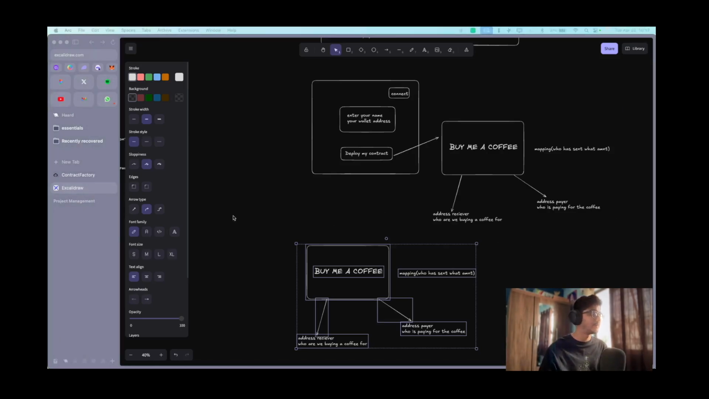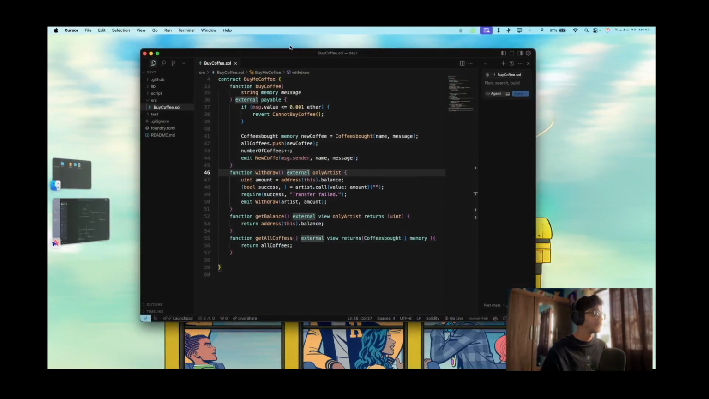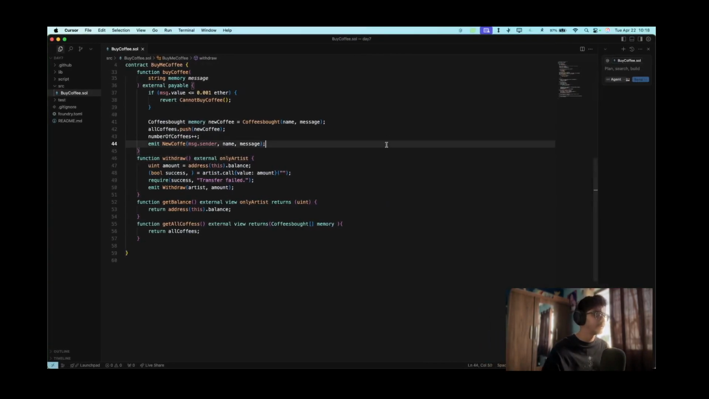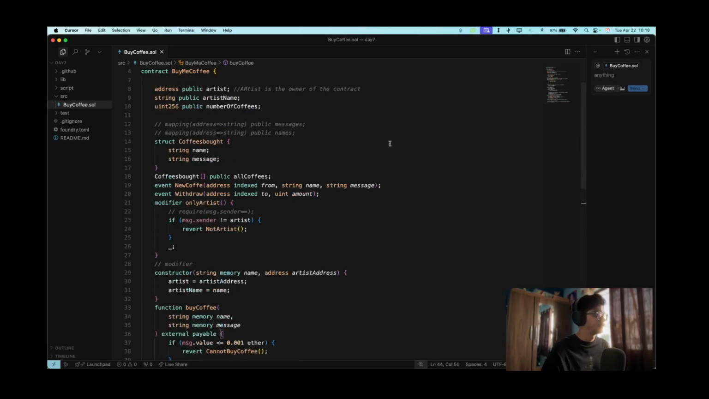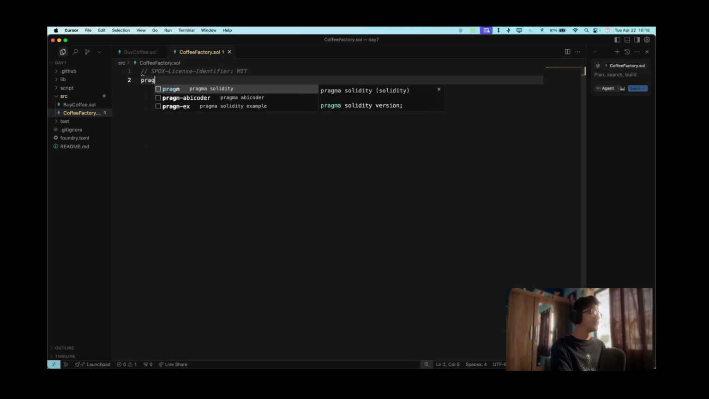And now let's go to the IDE. So this is the contract that we wrote yesterday. I have initiated a day 7 repository here, which will be pushed. So this is what we have today, and let's create a contract, CoffeeFactory.sol, and we'll add the SPDX license identifier, MIT, pragma solidity,